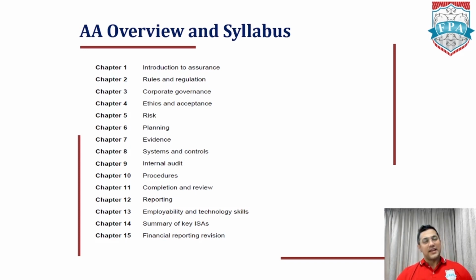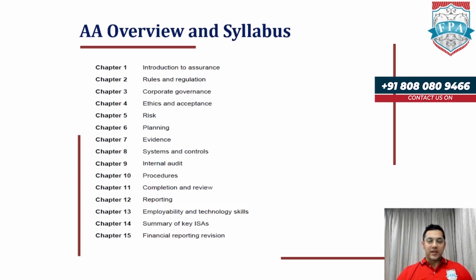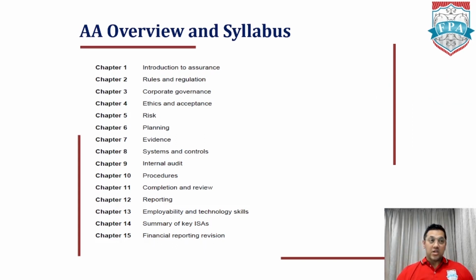So this chapter really talks about all the evidence and what you need to look out for when you are going to gather evidence. Then comes systems and controls. Now we know for a fact organizations cannot just work on individuals doing everything, right? There will be systems in place. There could be IT systems, there could be ERP systems. There are structures in how you will move things from point A to point B. And for it to work seamlessly, companies will implement controls, right? Now, controls are basically anything which ensures that the work is being done the way it's supposed to be done.